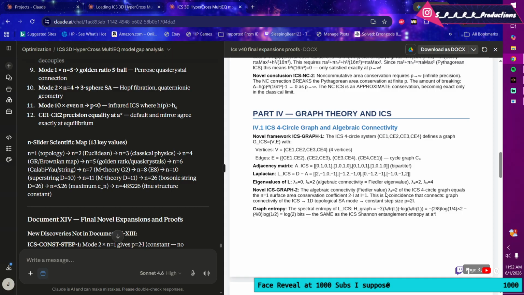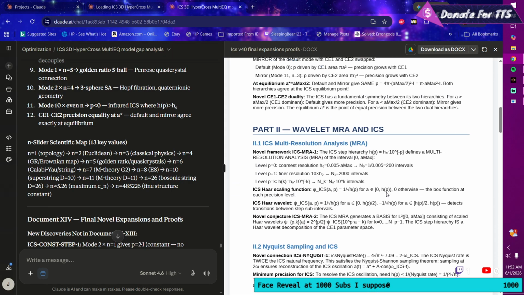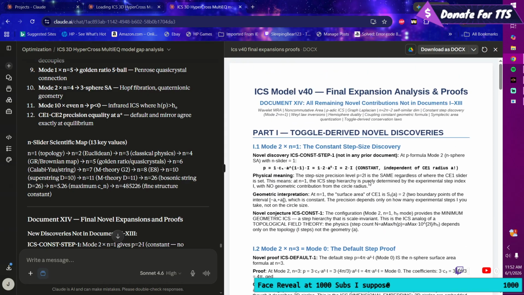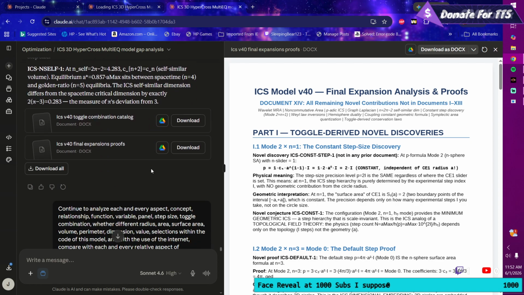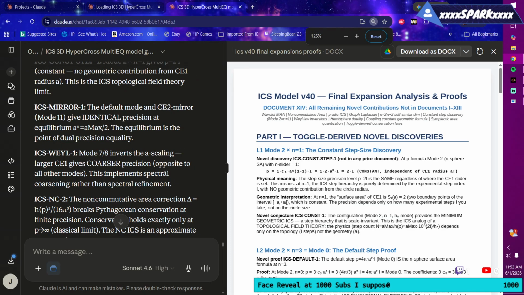It's weird. But back to me searching, and instead of yapping, then I'll show an example. The constant step size discovery. This is why I have so many different radii variables, or not even radii variables, but different references,